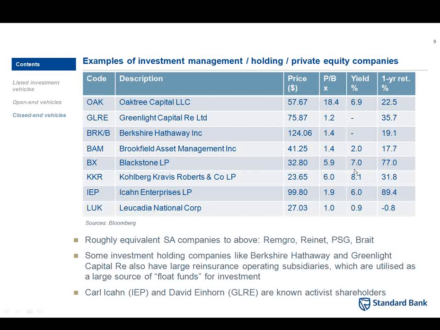Blackstone, incidentally, as you can see, has been showing a very attractive yield. Likewise, KKR, also a classic historic private equity company, also a very good yield, and also had a good total return. Icahn Enterprises is Carl Icahn's investment company, also has done well. And then Leucadia is more your straight classic conglomerate, and that, as you can see, didn't have such a great